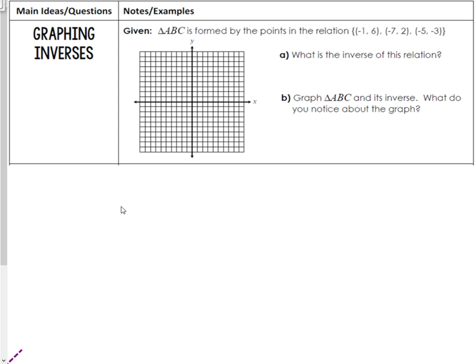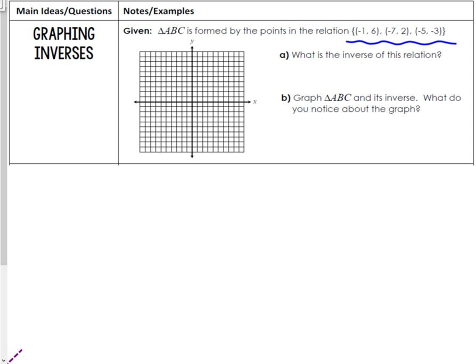So we've looked at function composition as a way to double check our algebra and make sure we've actually found a genuine inverse. We can do the same thing by graphing. We'll start simple, just looking at a relation, a collection of three ordered pairs. If I want to find the inverse of that relation, I just need to switch the x and the y